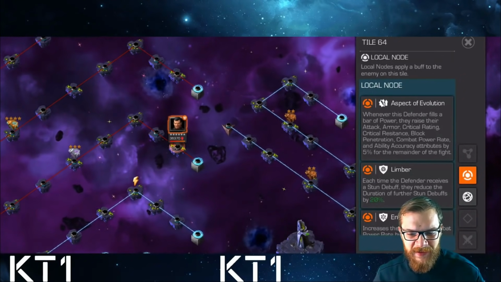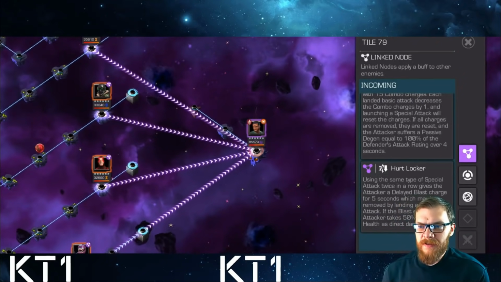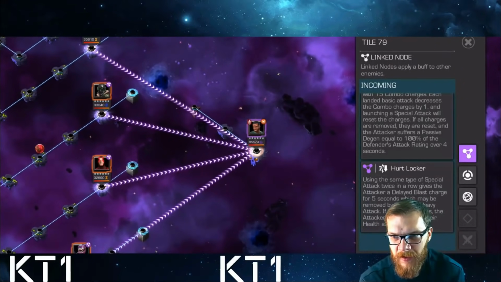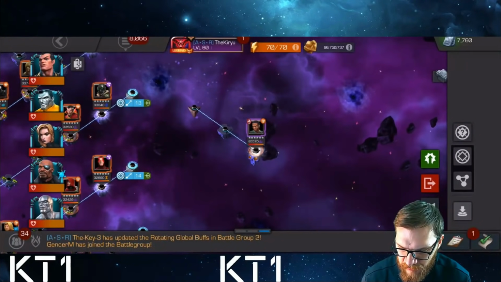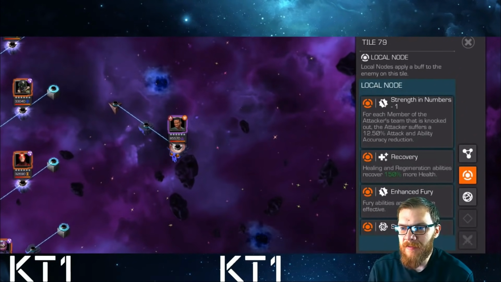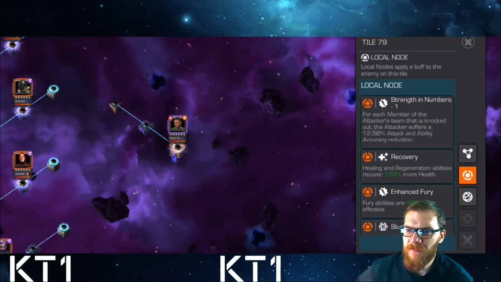Right, so every single path is covered now, only the boss is left. Right, and this is probably the most hated Mordo in the game. Now, his own actual nodes on the paper don't even look as bad. Now, he has Strength in Numbers -1, it's kind of funny, because they have the potency of it, and now